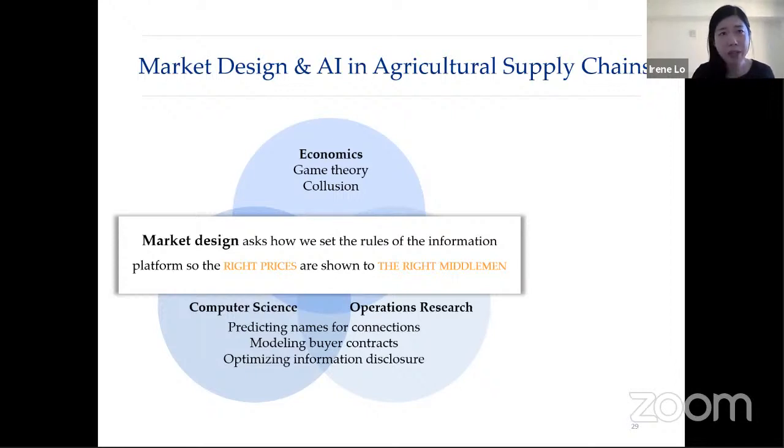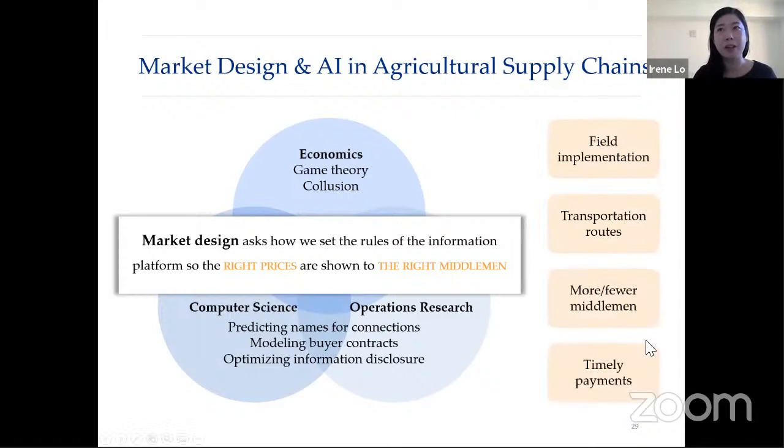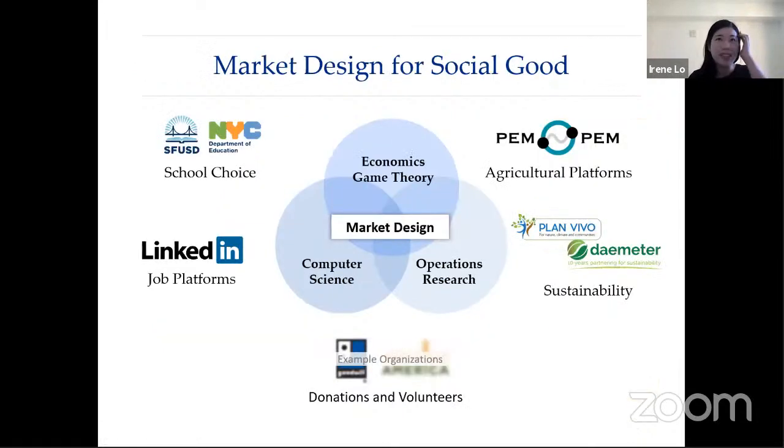From a general computational perspective and operations research perspective, we have to model buyer contracts and the effects of that on the supply chain, as well as thinking about optimizing information disclosure, who gets to see what information. Okay. I think I'm over time, so I'm not going to go into these other issues, but just say that those are just two examples of the many ways that you can use market design for social good, and also